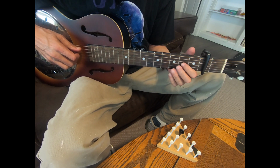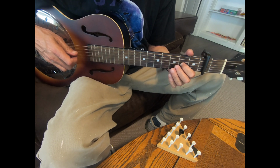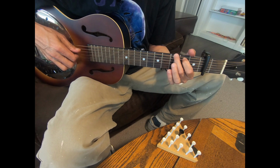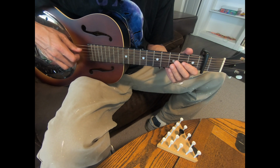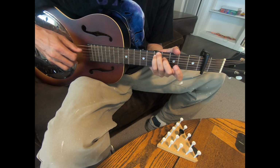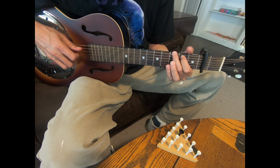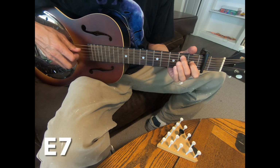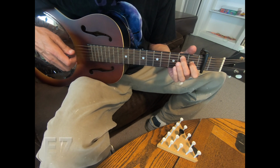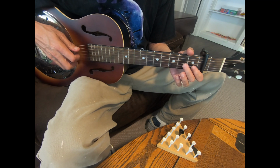And then you move to this run, which is the A, B, A, and down to the G chord. And so far, the 2nd part looks like this. And then you go to the next chord. And there your melody is 2nd string, 3rd string, 2nd string. And then another B, B, C, B,